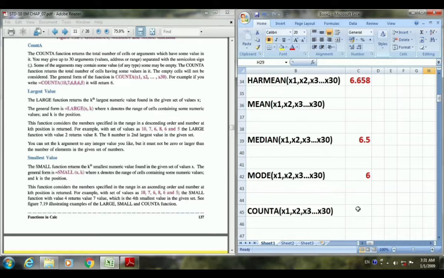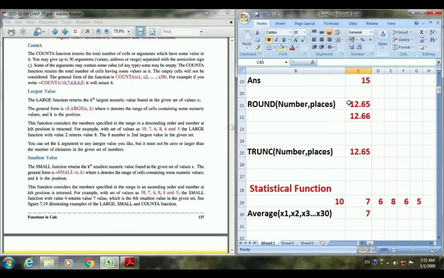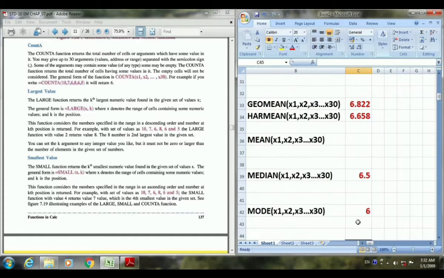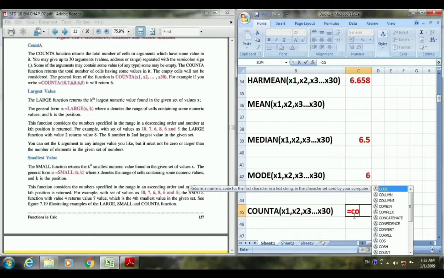Next is the COUNTA function. The COUNTA function returns the total number of cells or arguments which have some value in them. If you select the cells like this vertically, suppose first I am selecting here, equals COUNTA.